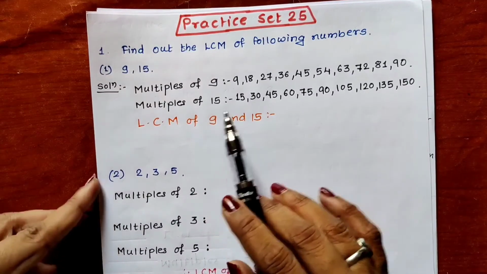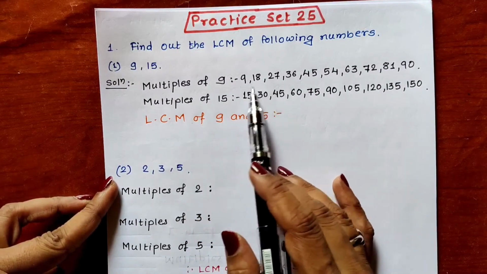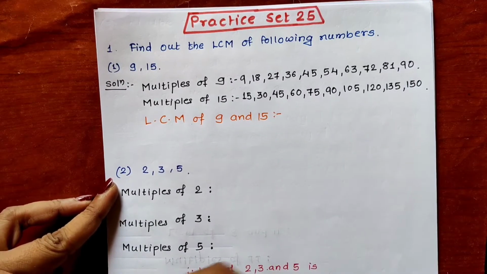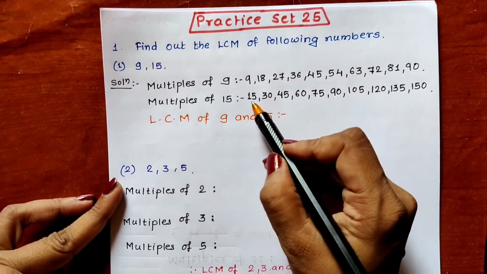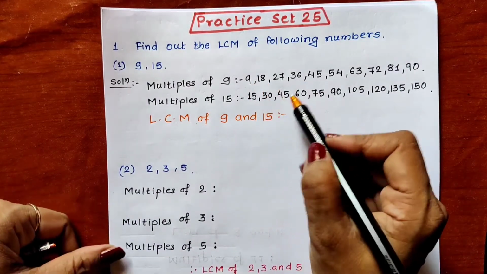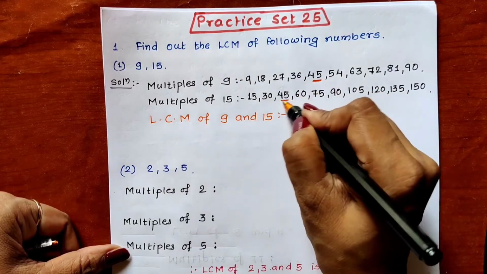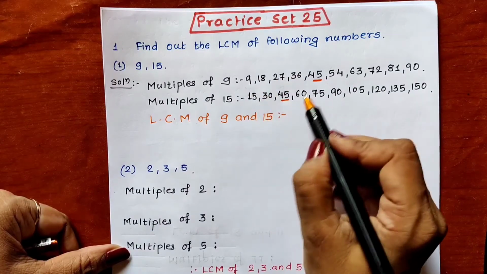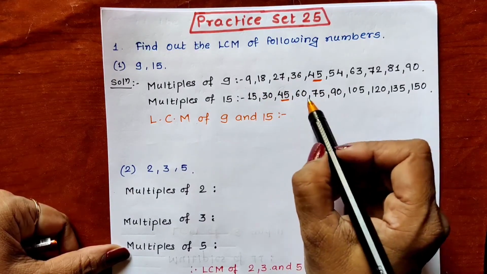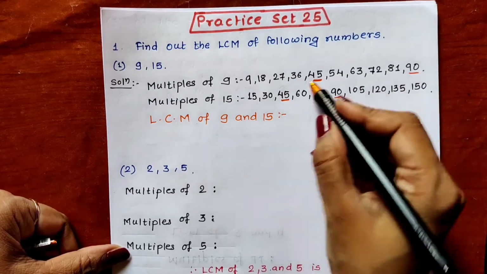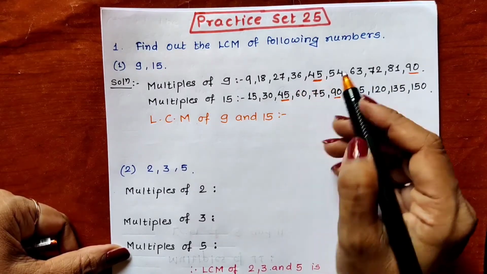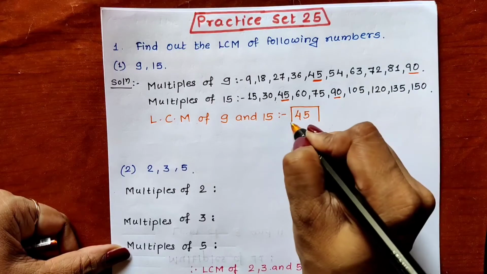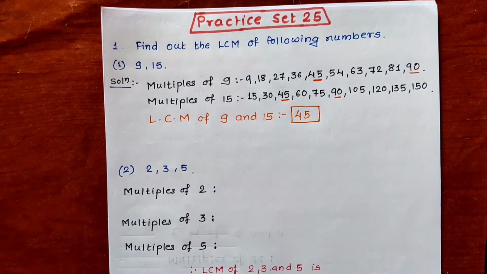Now what we have to do, least common multiple. Let us see the common multiples, and whichever is the smallest one, the lowest one, we have to write as the LCM. Let us check which is common. 9, 18, 27, 36, I can see 45 is common here. Before 45 no other common multiple is there, correct? That means 45 is the smallest one. After that 90 is there, but 90 is bigger than 45, so 45 is the lowest one, and that's why 45 is the LCM of 9 and 15. So very easy. I hope you all are understanding.